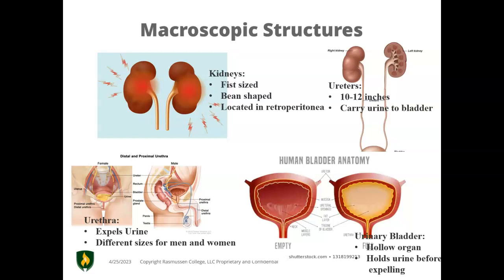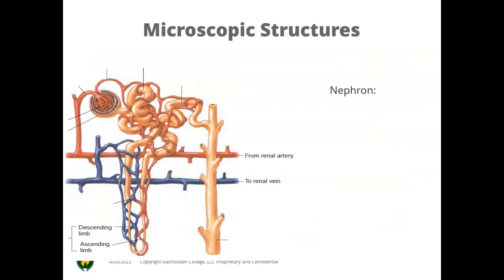Next, we're going to talk about the microscopic structures. Now, microscopic structures mean that we have to see these with a microscope. We cannot see them with the naked eye. So when it comes to the urinary system, the microscopic structure is what we call the nephron. Each kidney has multiple nephrons, roughly about 1 million nephrons in each kidney, so very, very tiny